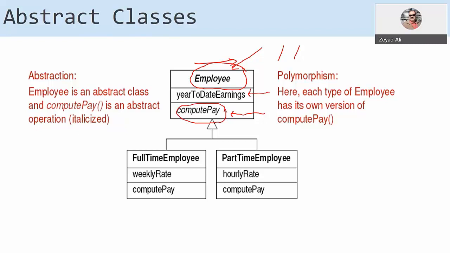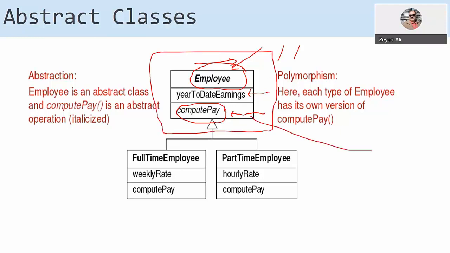Abstract classes have methods. Some of the methods are empty. We call those methods abstract methods. You cannot reuse them. You must override them in the subclasses. You cannot create an object from an abstract class. You must subclass it. Now, here in this example, employee is an abstract class. It has one abstract method, which is compute pay. If you want to create an employee, you cannot. You must extend it by subclassing it.